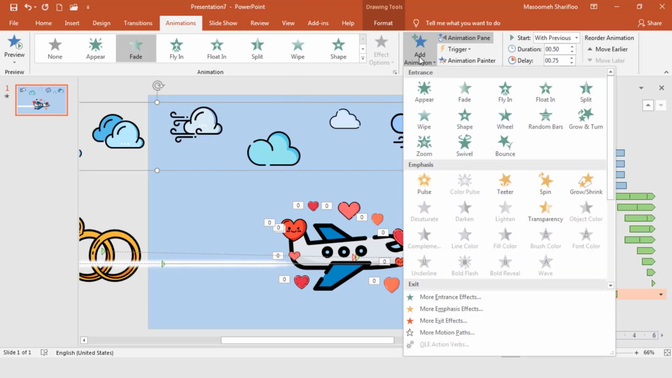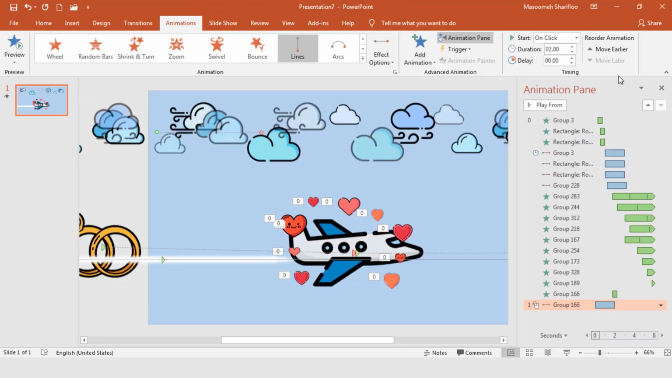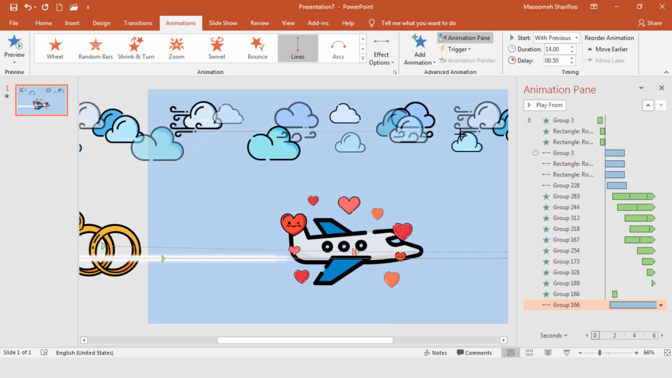animation to these clothes that have a movement in the slide. I do this with the help of the path animation to the right and regulate With Previous for the start option. To move this set of clothes on the slide at the right speed, we consider 14 seconds for the duration and half a second for delay. And for this animation, we should regulate the end spot; I take the red spot and put it outside